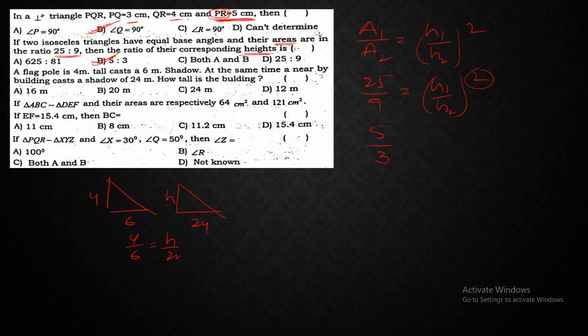So 4 by 6 is equal to h by 24. So 6 into 24 goes 4 times. So 4 fours are 16 meters. So the height of the building is 16 meters. Next, here also